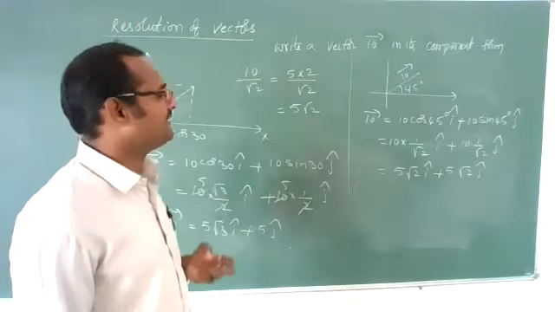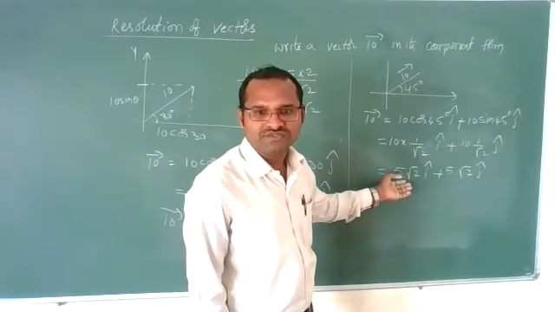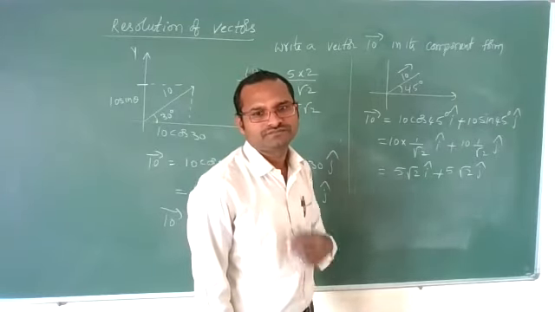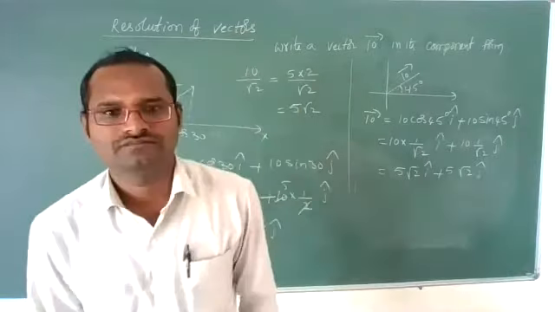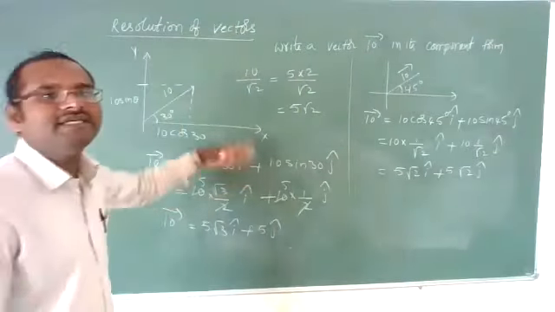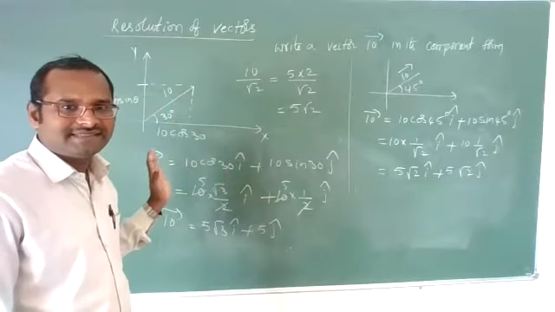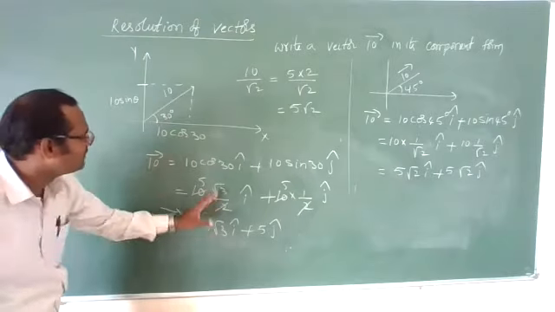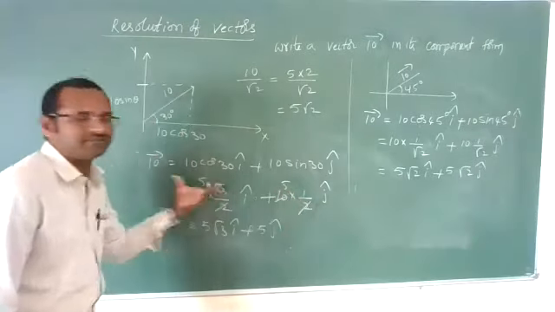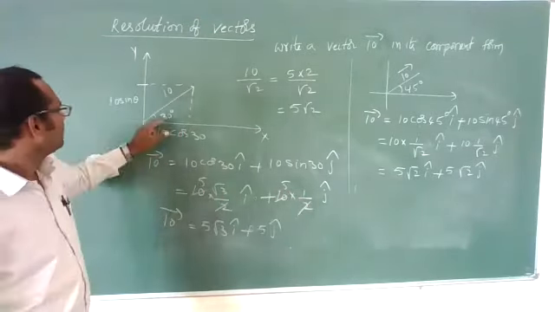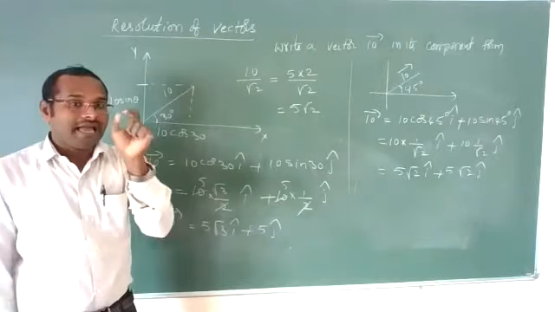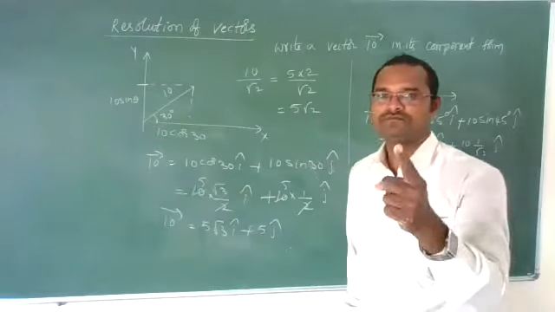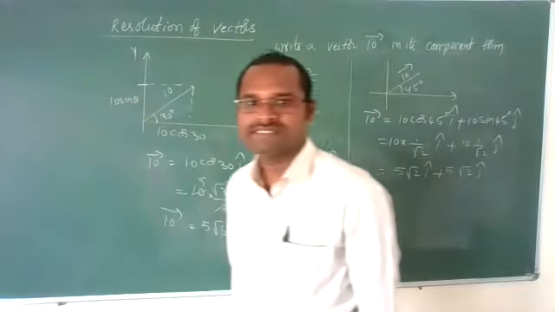So anything you take, you will get like this. But if I make this angle here, then this total will change. This value will be here, this value will be here. That means you need to check which axis the angle is made with. Is the point clear now, students? Yes.